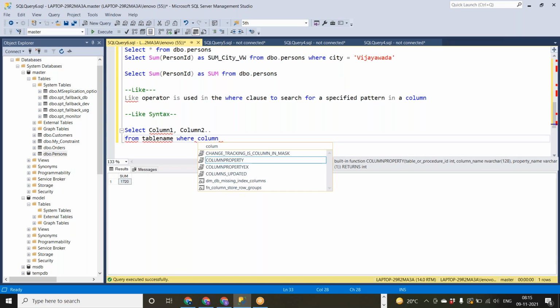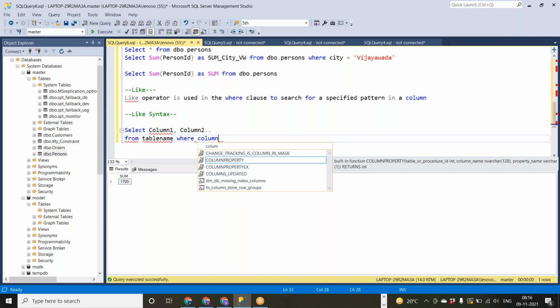If you want to know something like, in the persons table, whichever starts with the letter K, whichever has the letter K in the middle, or whichever has the letter Z at the end. If you know some partial requirement of your condition, then you will go with this LIKE syntax, and the LIKE operator will be used with some operators like percent and underscore as well. I'll tell you when we will use all this.